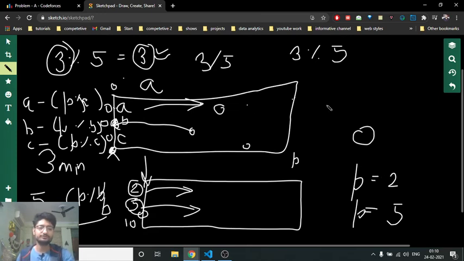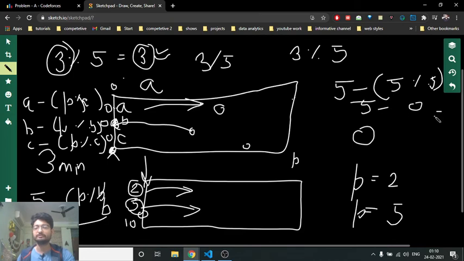But if I use this formula, 5 minus P, which is 5, so 5 mod 5 is 0, and 5 minus 0 is 5. So this will give me 5, which means that actually I am counting for the next round, because I will take 5 more seconds to come to this point. But because I am coming to this point at 0 also, the answer is actually 0. I hope you get the point. If you just write it down, you will become more clear, because the answer is 0 for this, not 5.